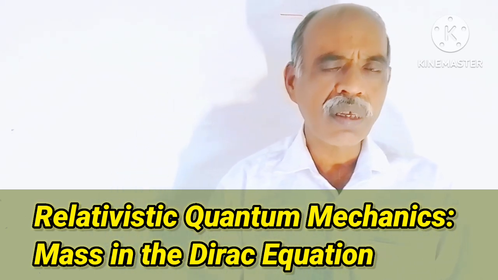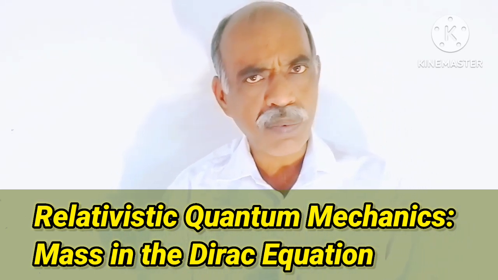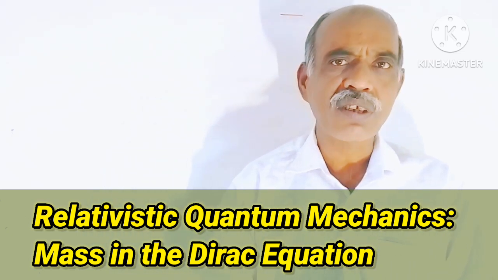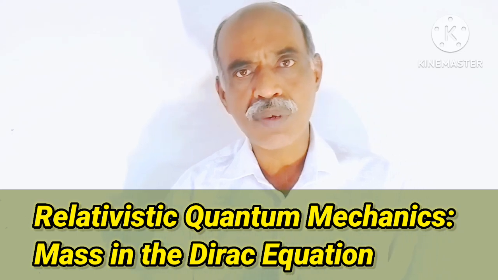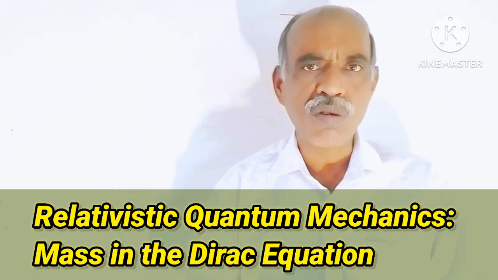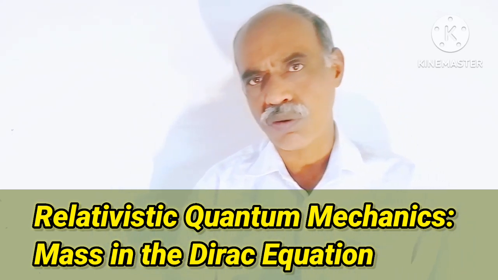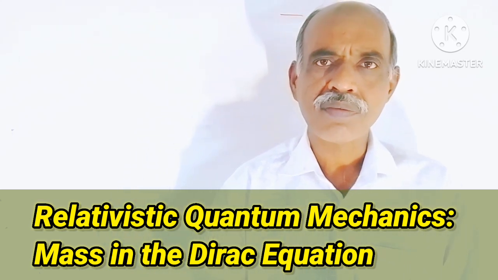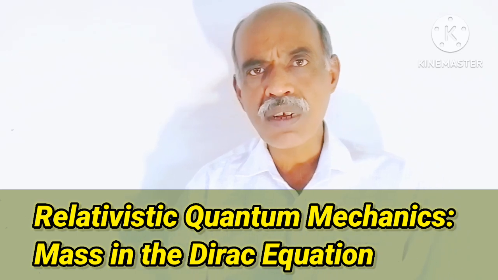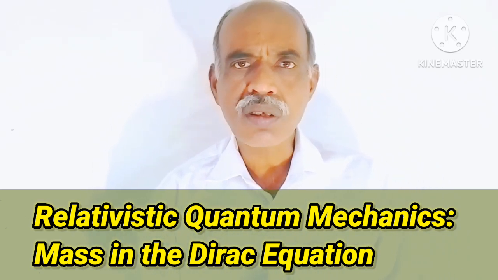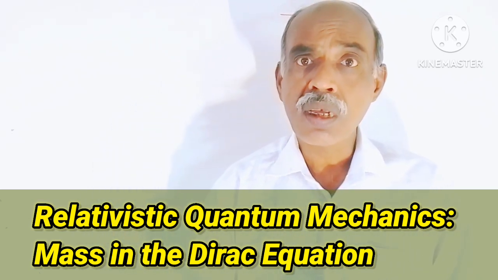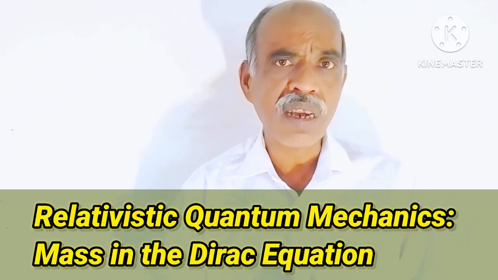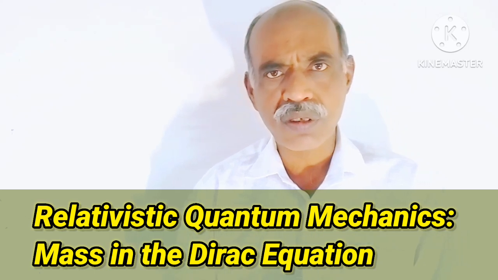There electrons move when an electric field is applied, and in that case using the Dirac equation we can easily explain that the electron's mass can be assumed to be 0, and practically we have found that, because the motion of electrons in graphene does not depend on